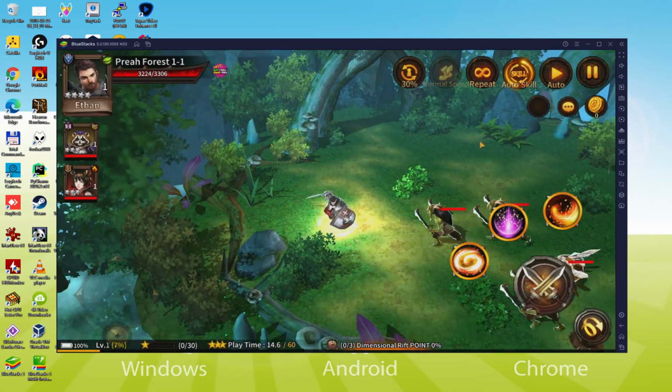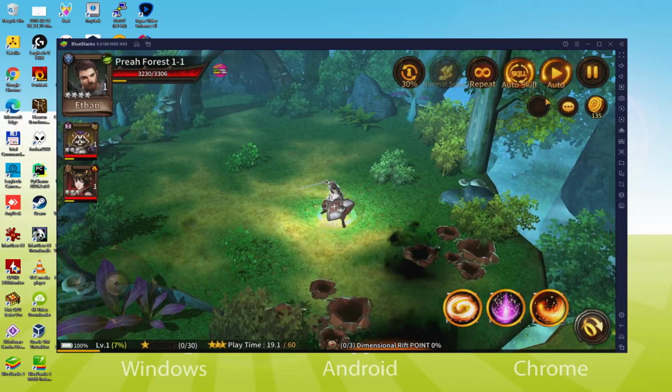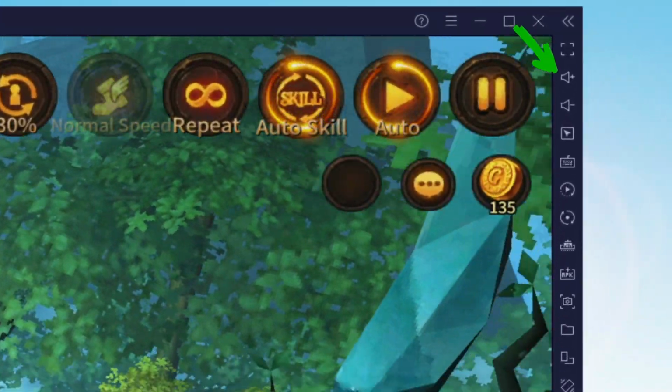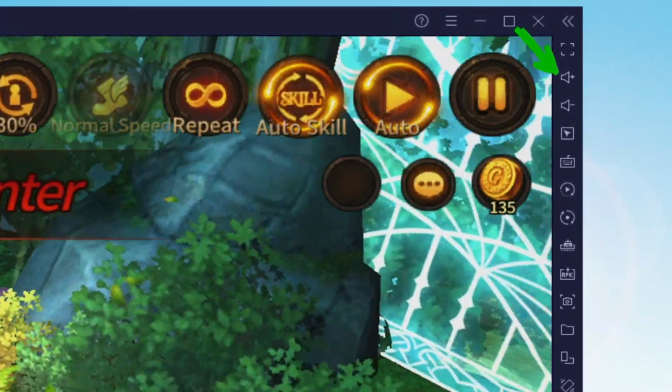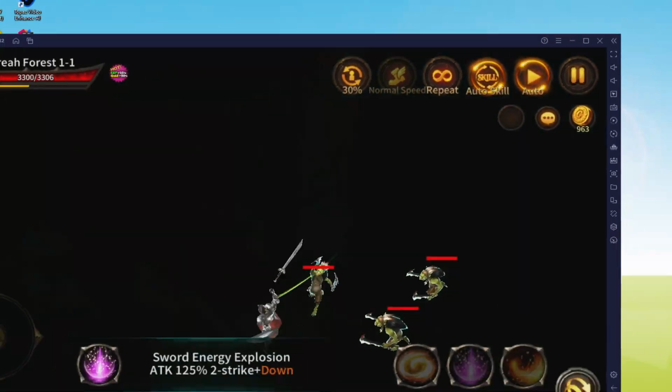I'm able to mouse click anywhere on the screen and also make use of the keyboard. I should comment on the volume of that emulator. It's here. We have the icon of higher volume along with the icon of lower volume. This way we will not rely on the Microsoft Windows volume to increase or decrease the audio of this emulator.